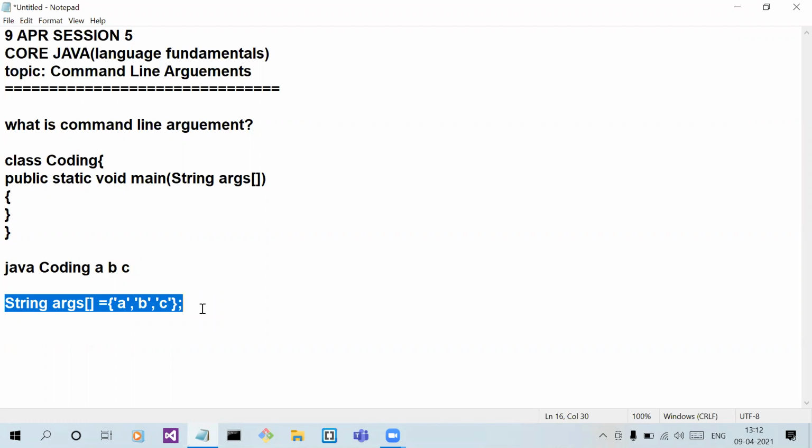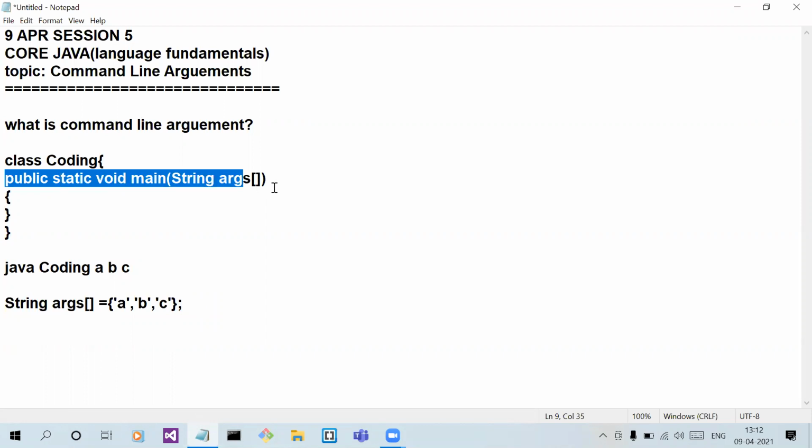And by passing this string array as the argument to public static void main, Java is responsible to invoke the main method. Java is always responsible to invoke the main method by passing these arguments.